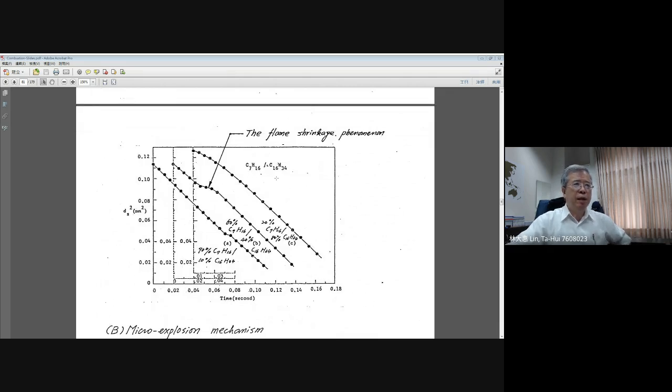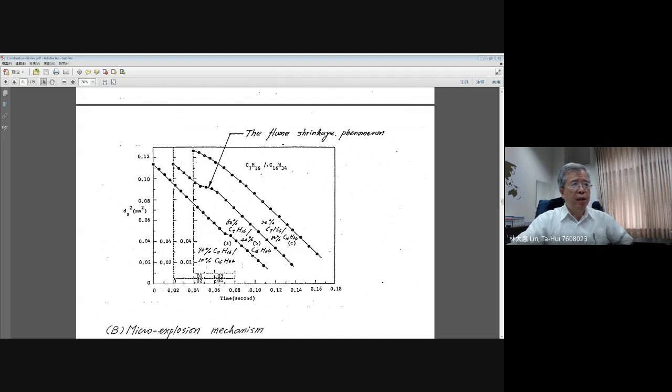carbon 7 and carbon 16, these two fuels, and you can mark the boiling point. For C7 it is around 209 Fahrenheit, and for C16 it is almost double, even more than double, 548 Fahrenheit. It is a much higher boiling point for C16 compared with C7. Then what happens? You will find out in the experiment. They tell you